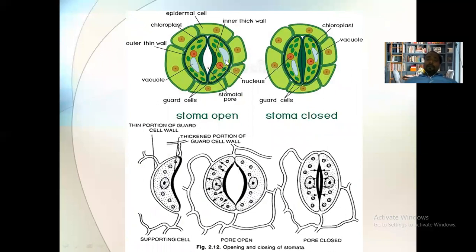Here the water from the surrounding cells and surrounding intercellular spaces will enter into the guard cell, and whenever the water from the surroundings enters into the guard cell due to the high OP, high DPD, high SP, this entry of the water will form the turgidity, and the guard cell becomes turgid. They will swell up, and the turgor pressure will be developed in the guard cell. As the turgor pressure develops in the guard cell, this turgor pressure will create a pressure on the inner wall of the guard cell.